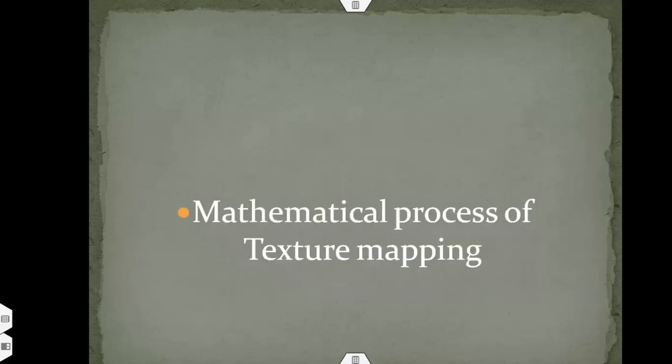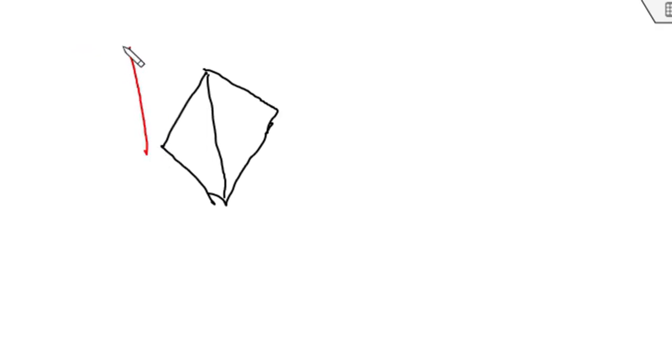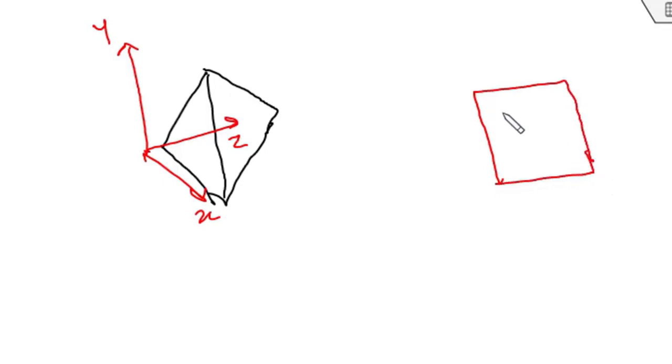So what is the mathematical process of texture mapping? Suppose we have a 3D model of this prism. We can denote this model in 3D world space, so there will be three coordinates: x, y, and z. Now we have a 2D texture like this, and we want to apply this 2D texture on this 3D model.